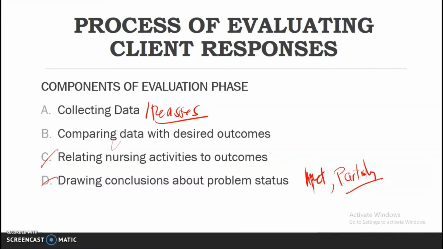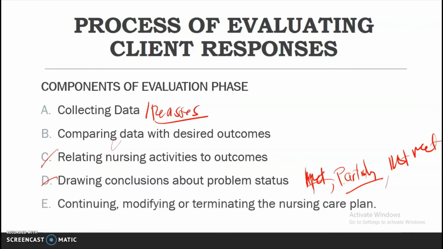And not met, if no desired outcomes were changed or improved during the evaluation phase after you have performed the nursing interventions. So met po ang ating interpretation kapag lahat ng desired outcomes natin ay na-achieve. Partially met kung may part na na-achieve pero may part na hindi. And not met pag wala ni isang na-met doon sa mga desired outcomes na isinet natin during the